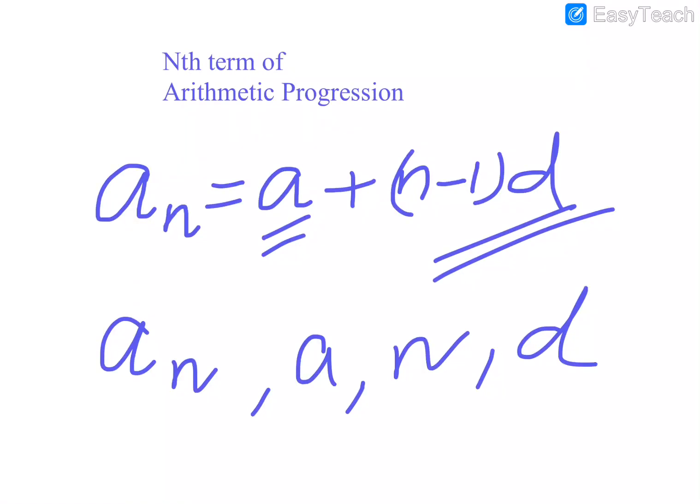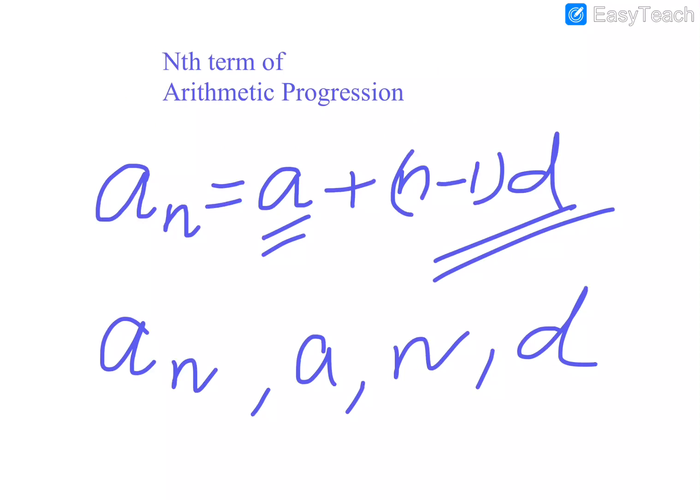Good morning, students, and now we have come to the part. We have completed exercise 1 of arithmetic progressions. Now we have come to the second exercise. The second exercise is completely based on one single formula, that is the nth term of an arithmetic progression. How do you find the nth term of an arithmetic progression?